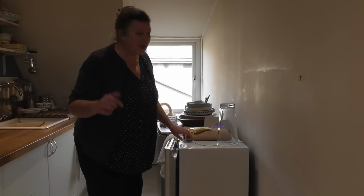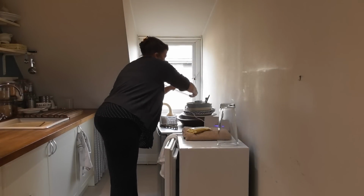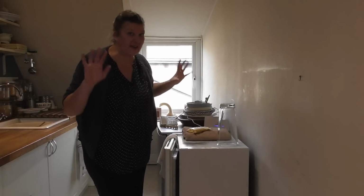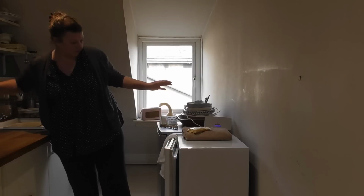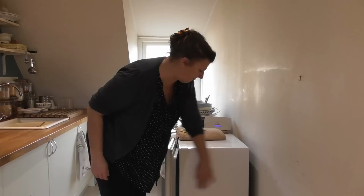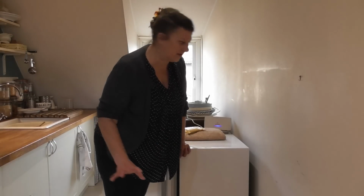Right, now the next job, let's get back in the kitchen. This room, the kitchen, has never been a particularly easy room to film in. As you can see, because of the window it's always so bright, I end up backlit, never mind. So this is the freezer I'm going to get rid of. I cleaned it, it's already dusty. Oh my, if you see any dust today, please ignore it. I'm sure everybody has dust in their home somewhere that they haven't been to for a few days. So anyway,